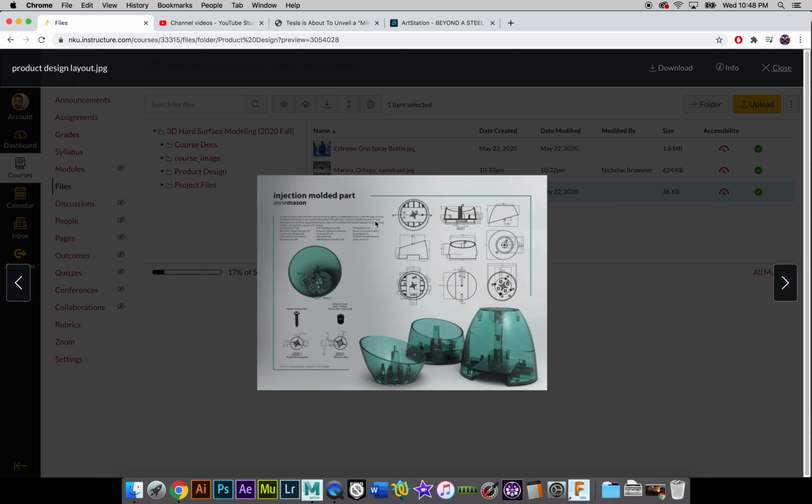If I were going to try to improve another spray bottle, I would have that spray bottle in front of me. If I were to try to improve an iPhone case, I would have an iPhone case in front of me in order to get all the measurements off of, so that I could start to build this thing inside of Illustrator, so that when I take these images into Maya,